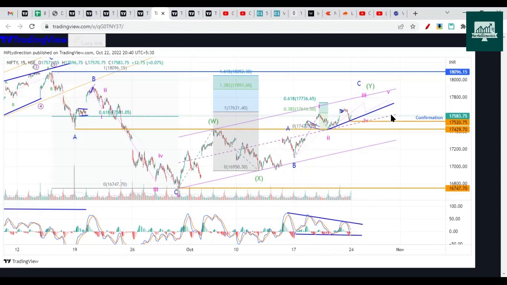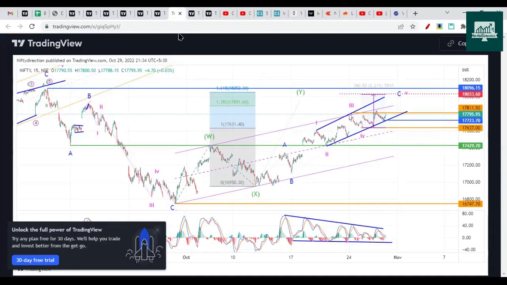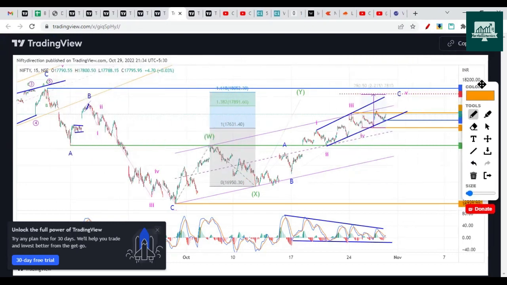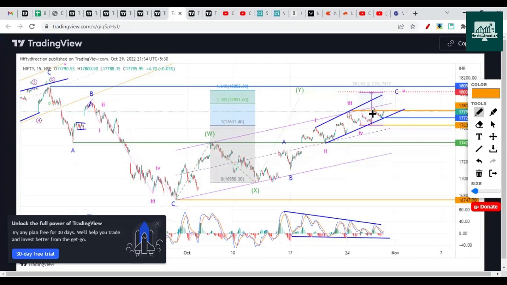We'll continue with this chart as well, and we'll see 3 cases. So case 1, we are continuing the previous analysis. Here we are assuming a complex correction WXY, where W is a 3-wave structure, X is a 3-wave structure, and this Y wave is a 3-wave structure. So 3-wave structures are developing. This indicates there is a potential chance of a drop as well. When the market moves in a 5-wave structure up, only then can we consider that from the lows it needs to move in 5-wave structures on the upside. If it moves in 5-wave structures up, only then should we consider that the trend will continue on the upside and it will break the previous swing.